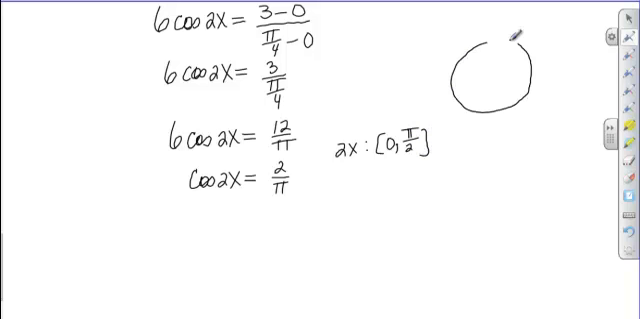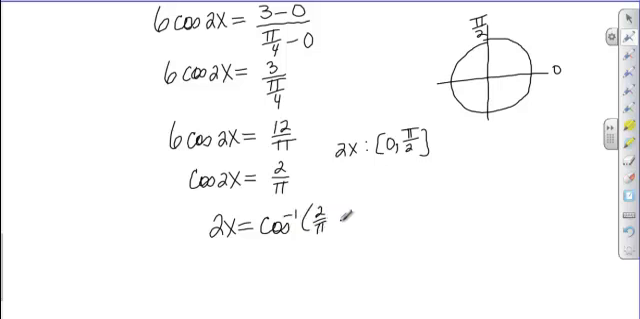So thinking about the unit circle, I'm only allowed to look in the first quadrant. Now this is a problem where 2 over pi is not one of the cosine values of one of our special angles, so we're going to have to grab a calculator to be able to calculate the inverse cosine